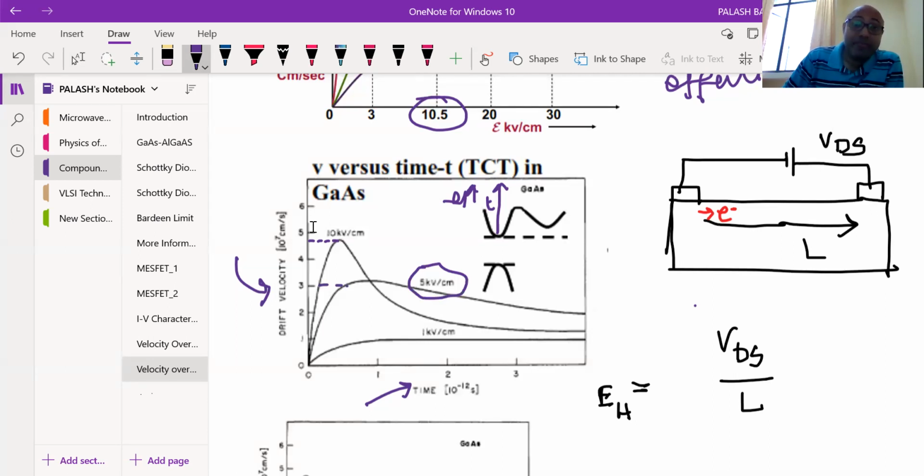But still it is higher. Similarly, at 1 kilovolt per centimeter, we are not seeing any benefit, right? Because it is like a 1. So it is almost 1, right? So that means now